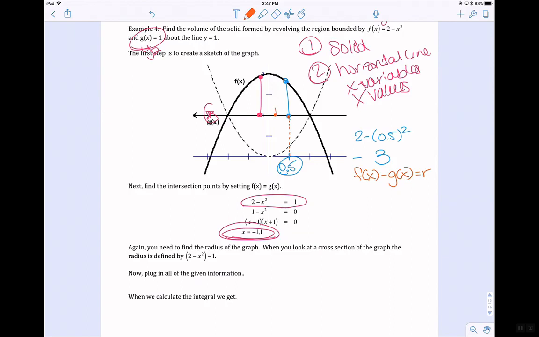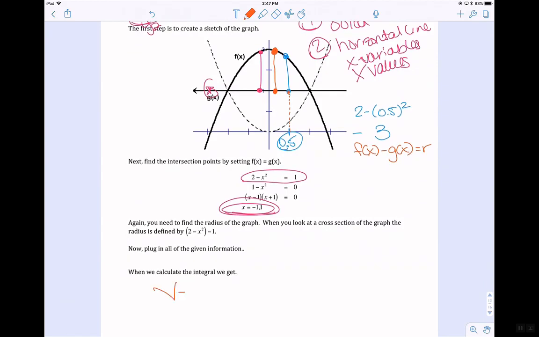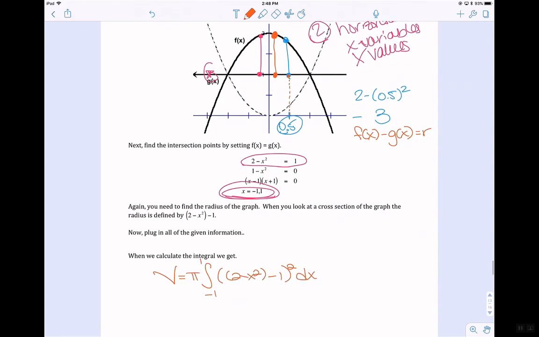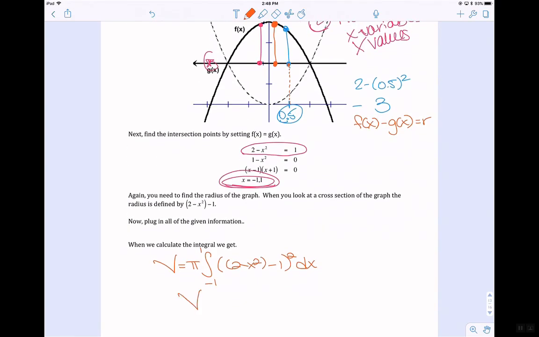Even if it was closer to the y-axis, I would take my value at f of x and subtract off 3, which is my g of x equation. So now for the integral, I have pi, going from -1 to 1, and I'm squaring my r. My r is f of x, which is 2 minus x squared, and then minus 1, and then I'm squaring it, dx. And when I use my calculator to evaluate, which I would have done by plugging this into y1,